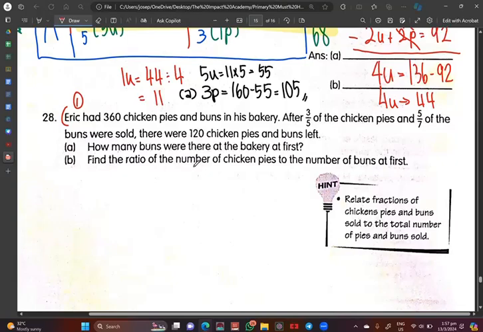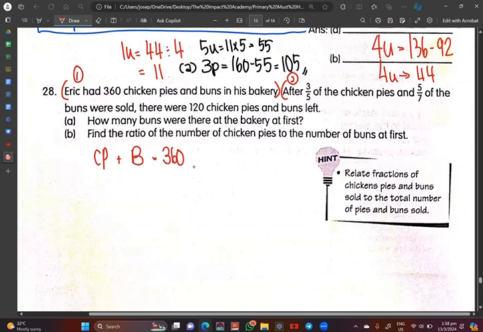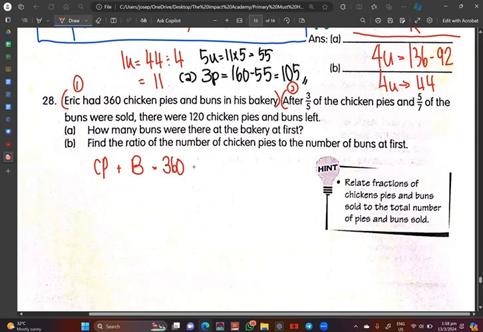buns in his bakery. Okay, so what should I do first for this part? So chicken pies plus buns is equal to 360. Okay, very good. After 3/5 of the chicken pies, okay, so we draw a model because it's after